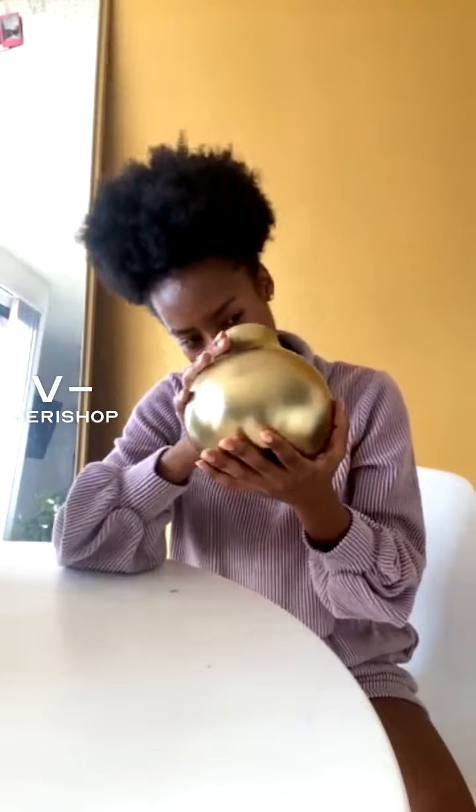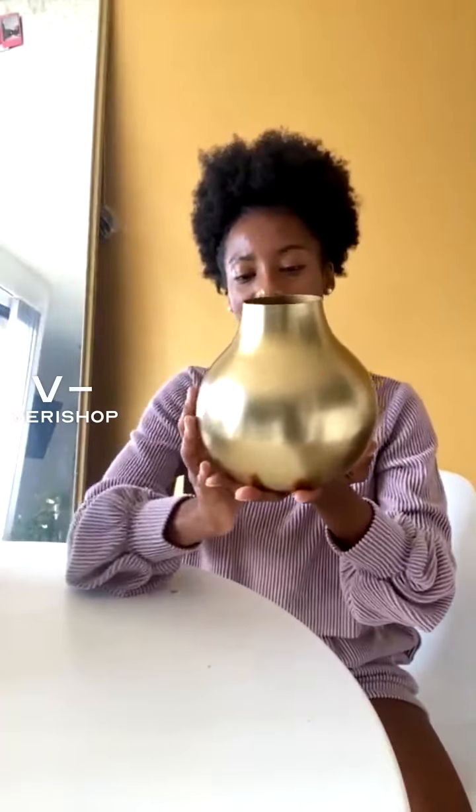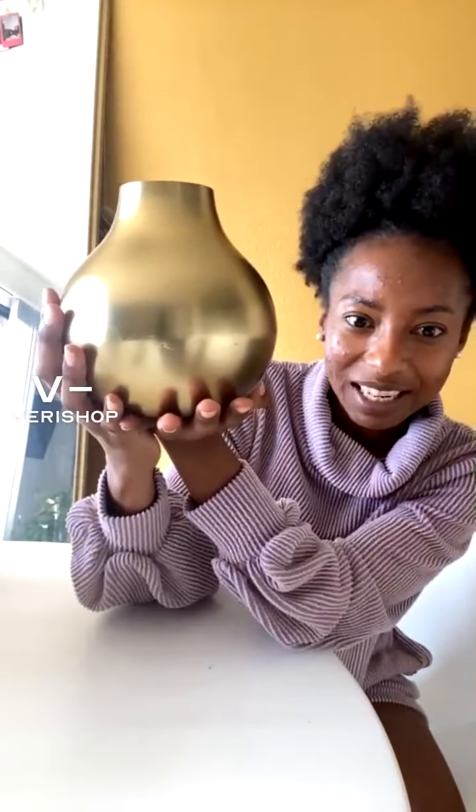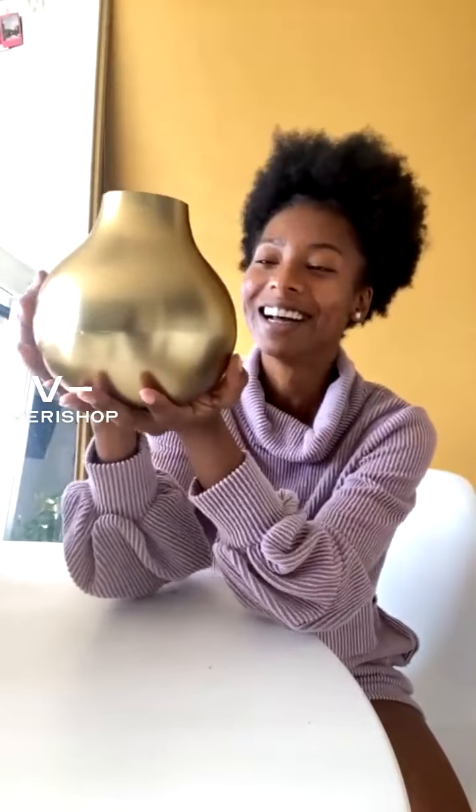Now, granted, this is probably a brass or some type of metal container. This is definitely not clay, but this reminds me of those clay pots that we would see people form. And I just love the curves on it. I always want to take it. Me too. I've always just kind of seen people do it on social media